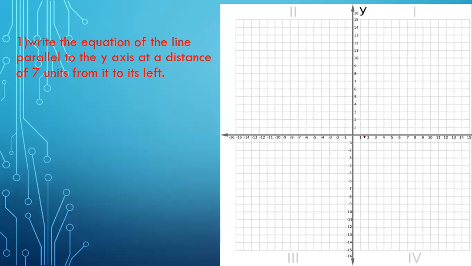So you can see the x-axis, y-axis and origin also. Now this line is parallel to the y-axis. So we can see the y-axis over here. So the line can be on this side or it can be on that side. Now here they have given us that it is on the left side, at a distance of 7 units. So on the left side, if you will see the distance, 7 will come over here. Right? 1, 2, 3, 4, 5, 6, 7. So the line will be here.